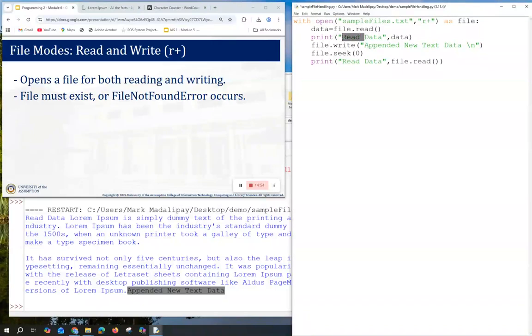Before, tapos yung data natin. Then we'll have to append.